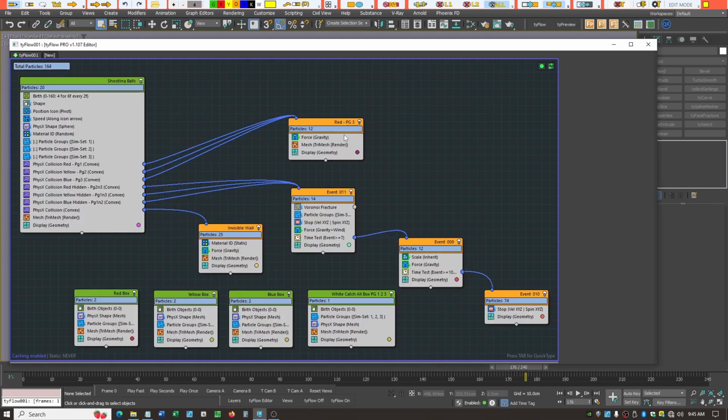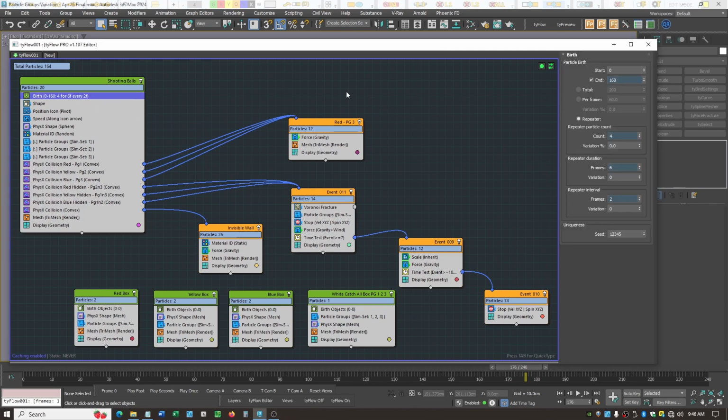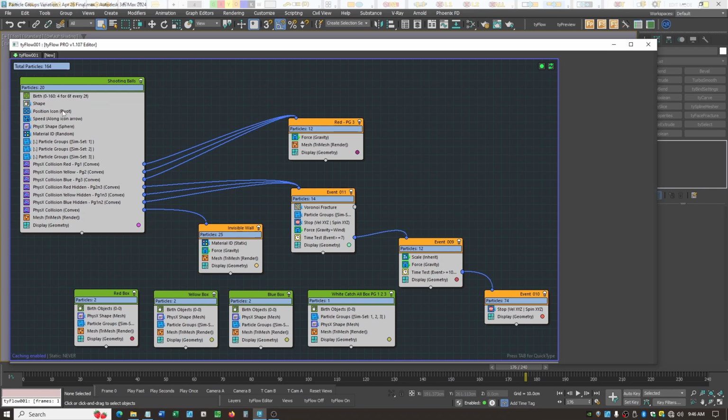If we look at the flow, it's probably going to seem intimidating at first, even though it's a lot of flow for little animation, right? Like, it seems like a lot of flow for what we just saw. At its very basic level, we're just birthing some particles here, right? From this position icon, we're giving it a sphere shape, we're positioning it on the icon,